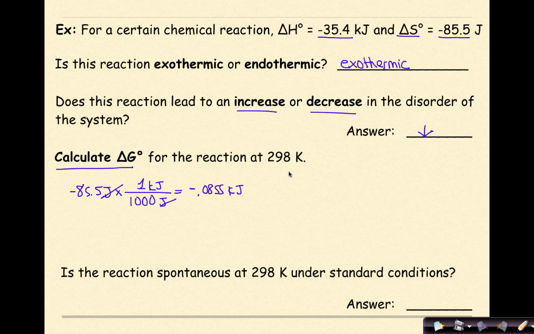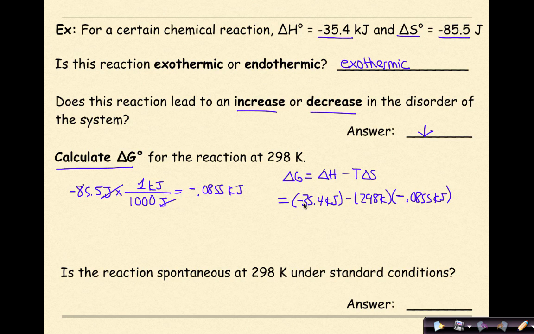And then we're going to use our formula. Delta G is equal to delta H minus T delta S, and we're going to plug our values in. Our delta H is negative 35.4 kilojoules, and then we're going to do minus, our temperature is 298 K, and our delta S is negative 0.0855 kilojoules. Lots of negatives going on here, so we have to be very careful how these distribute and how